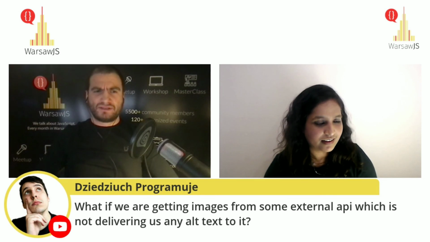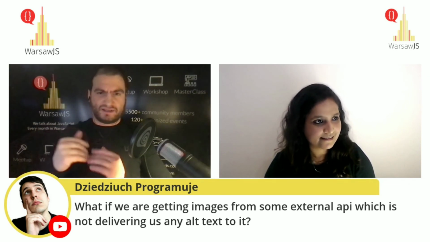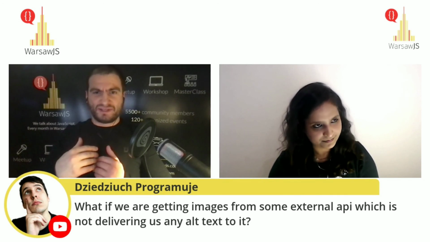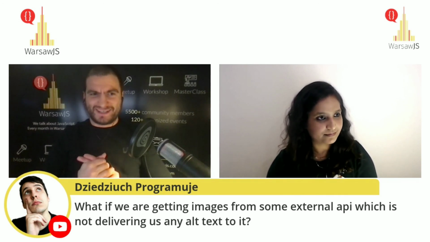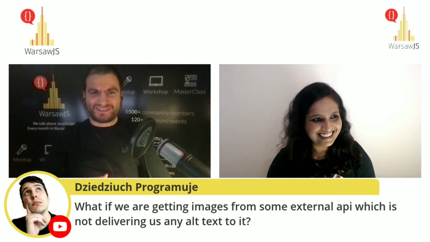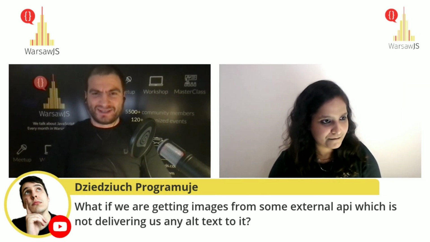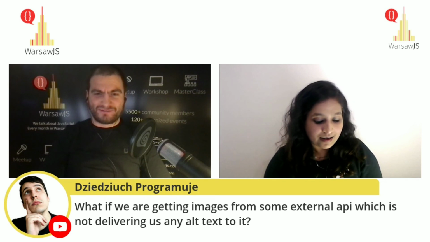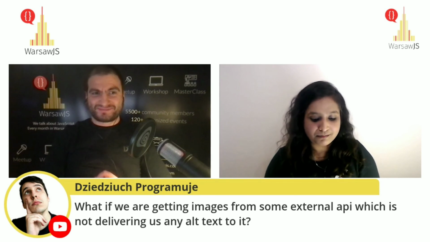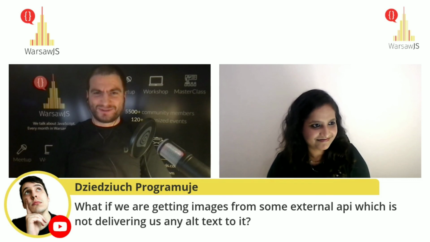Yeah, well, I understood that there is one link with multiple images, let's say, concerning mountains, and there's one mountain and another mountain coming from the same link. So still, we don't know. Maybe there is an artificial intelligence tool which will describe what's actually on the picture. But yeah, if they don't give you the alt, I think there is no way how you can fill in this attribute. If they don't give you the alt text, tell them to give it. Yeah, tell them, because we are developers, we also have power, and we can use these tools which provide better accessibility.